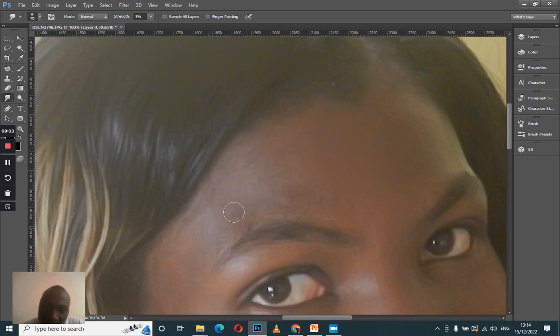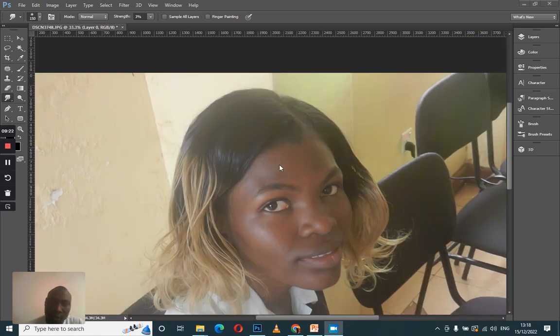I don't know whether you are seeing some change, but me, I'm seeing it. I'll start brushing it around the face. After brushing the photo, we have brushed her face well. After brushing, the next thing would be